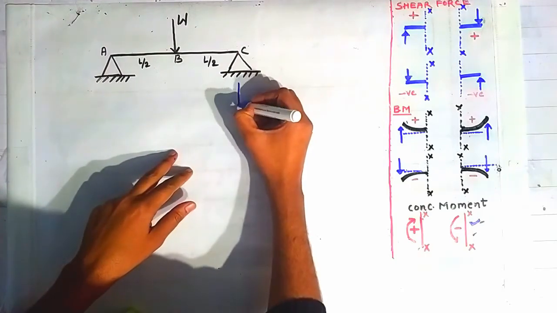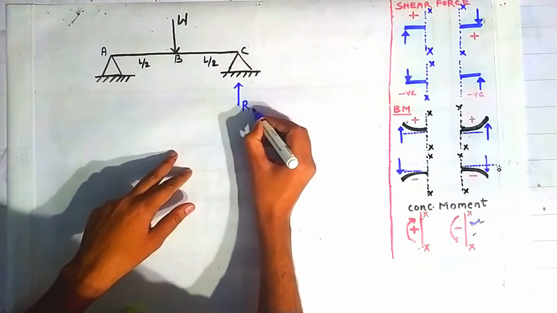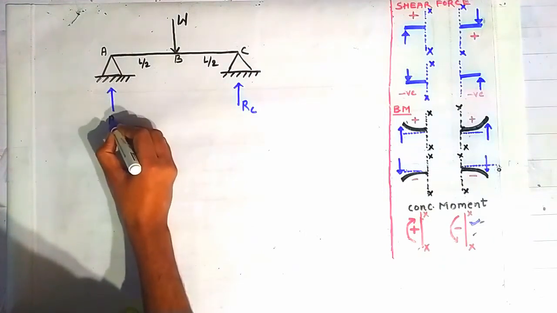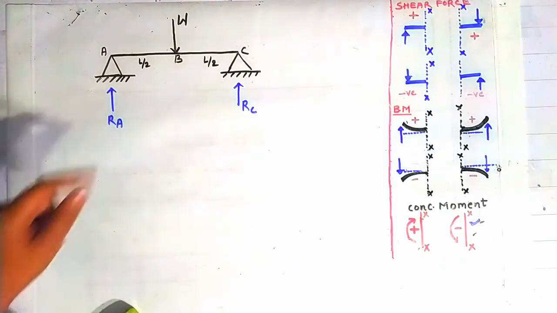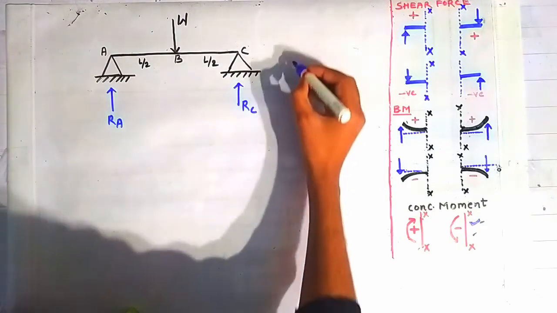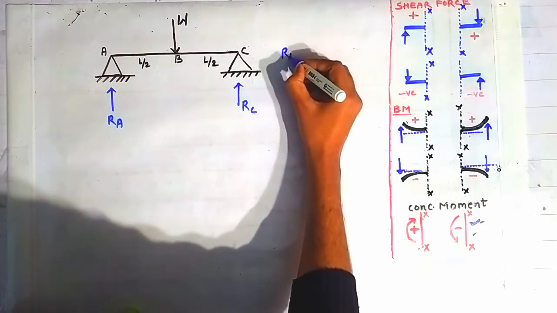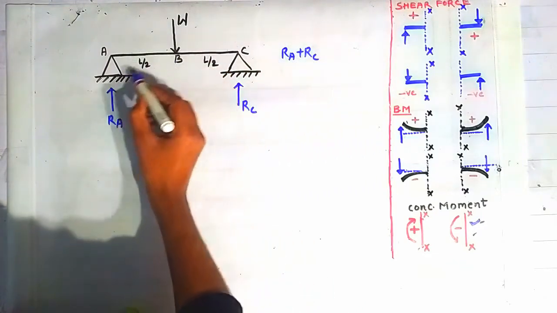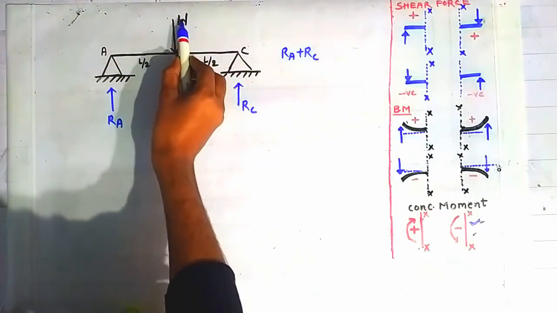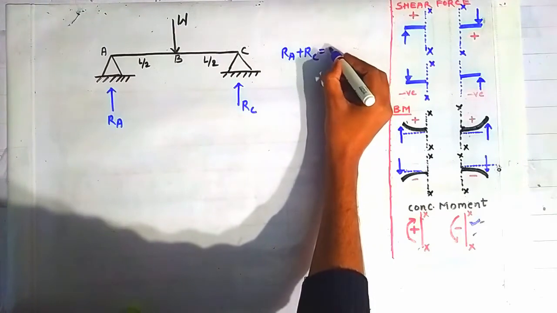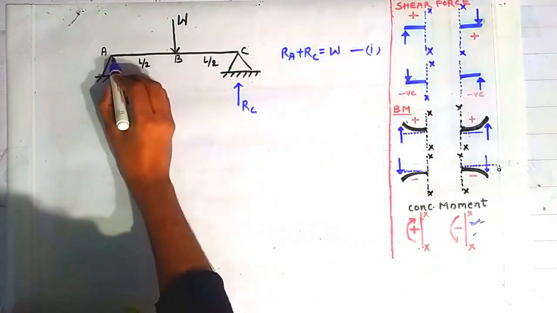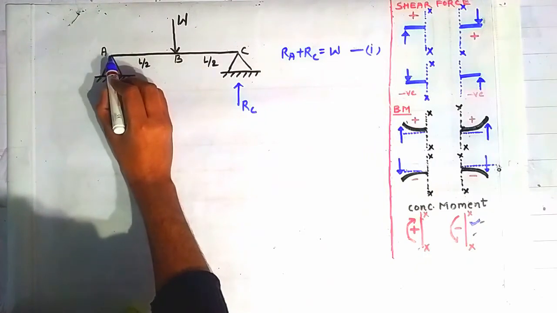So suppose the reaction at C is in the vertically upward direction shown here, and the reaction at the point A is in the vertically upward direction shown here. Now friends, using the equation that RA plus RC is equal to the net vertical load acting over this beam, and it is equal to W. So putting it equal to W, this is our first equation, and the moment of all the forces about the hinge